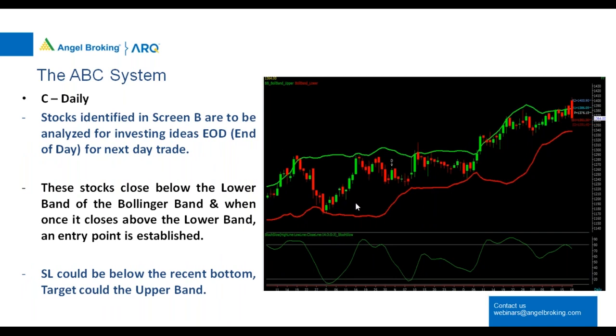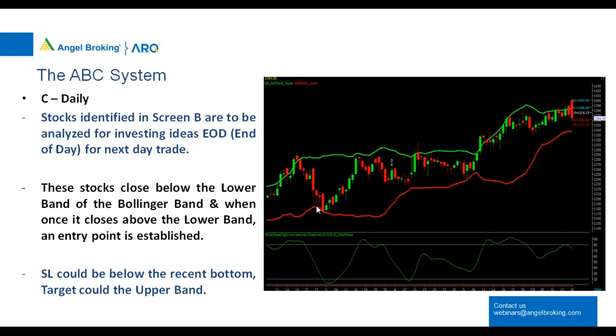So here we are looking at the daily chart. On the daily chart I'm not using any of the indicators which I was using in the weekly or monthly chart, because the daily chart is going to be my entry point. The best part is that on the daily chart also you don't have to look at it during the day. At the end of the day you can look at all those stocks which first of all qualified on the monthly and the weekly, and you'll find that they are a very small set of stocks.